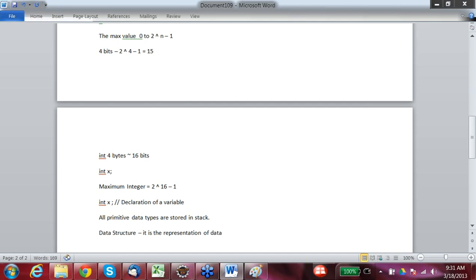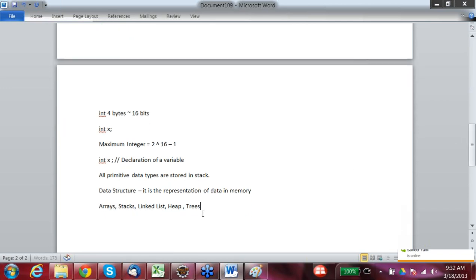What I'm trying to say is, when I say stack, there are different kinds of data structures. We have arrays, stacks, linked lists, heap, trees. So what exactly are all these data structures?